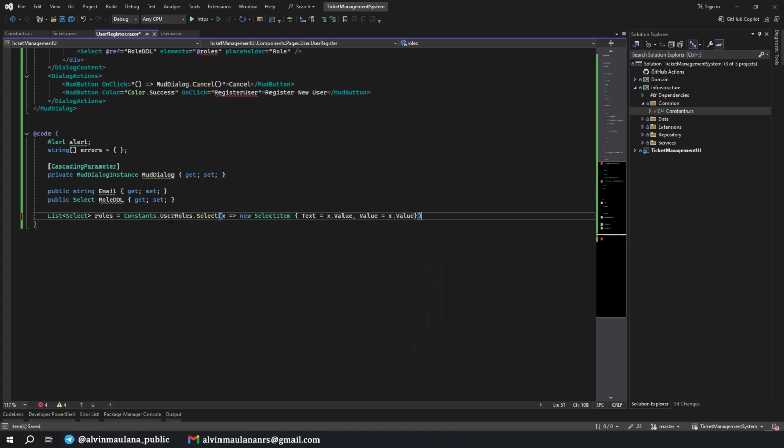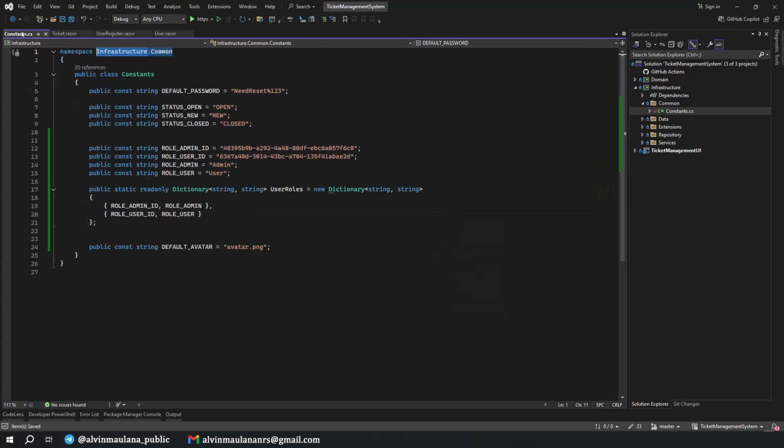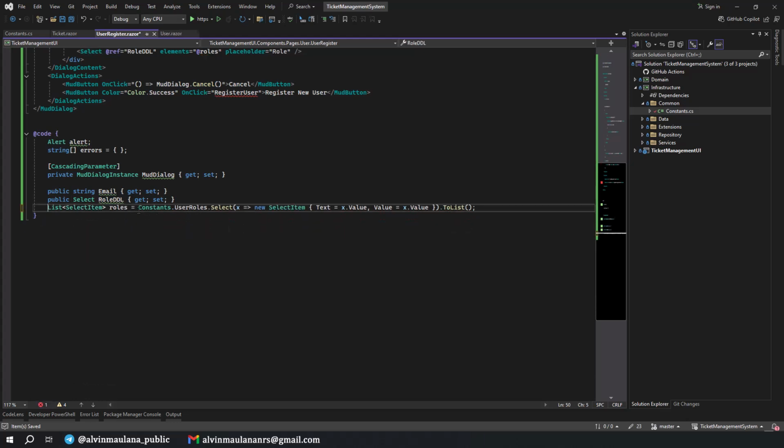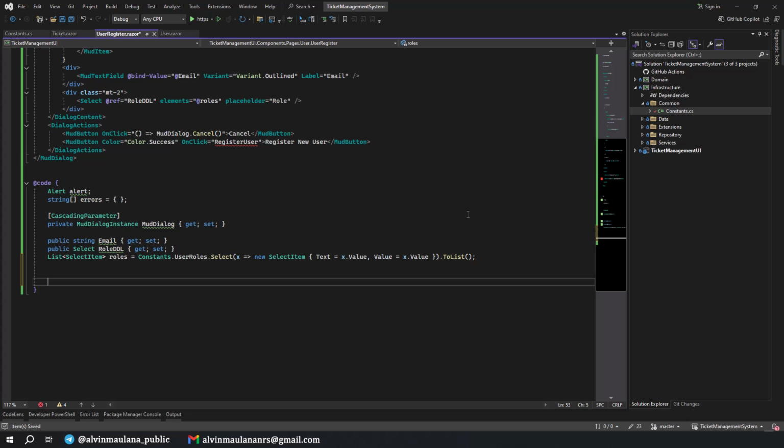We don't need the ID in here. Convert to list. Okay, the values are actually admin and user. This one should be select item. Okay, nice.